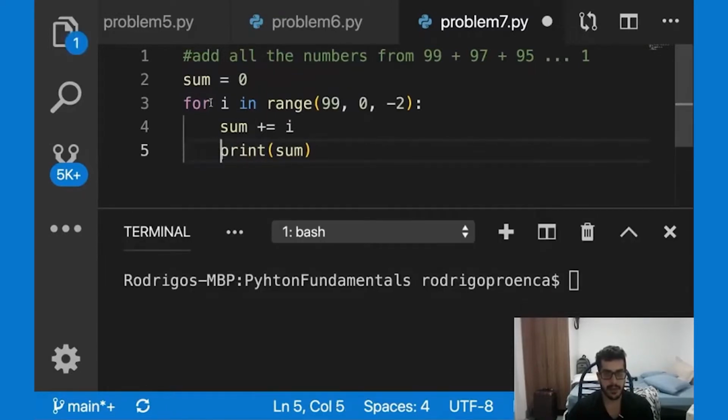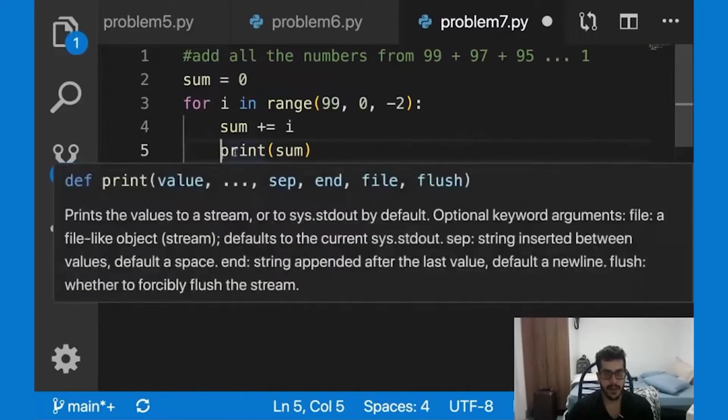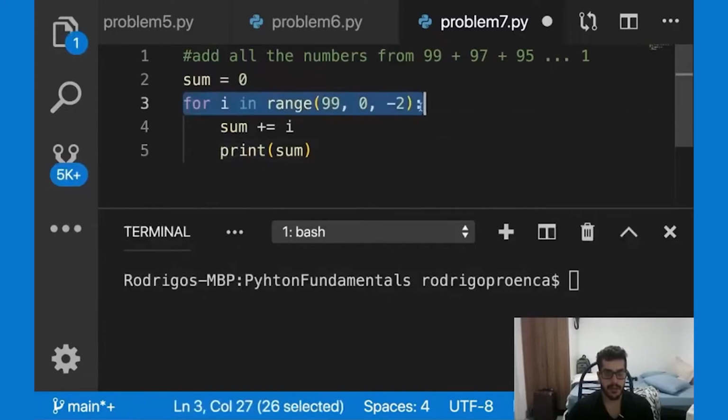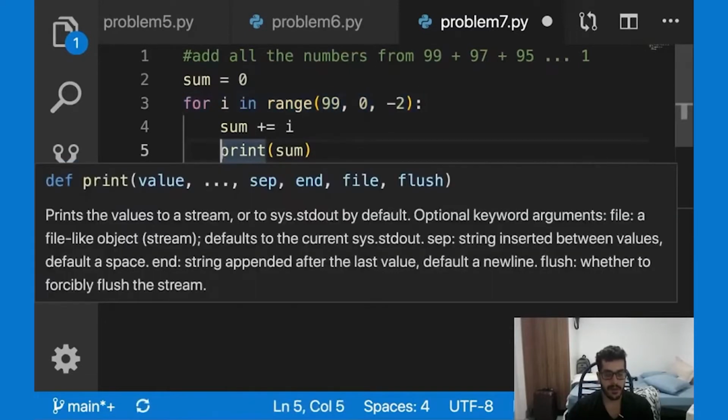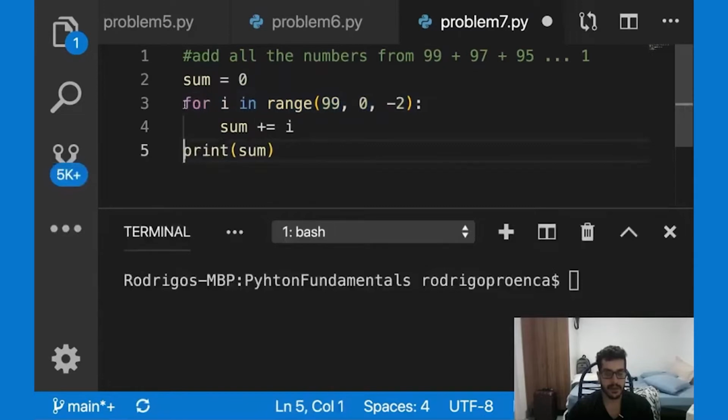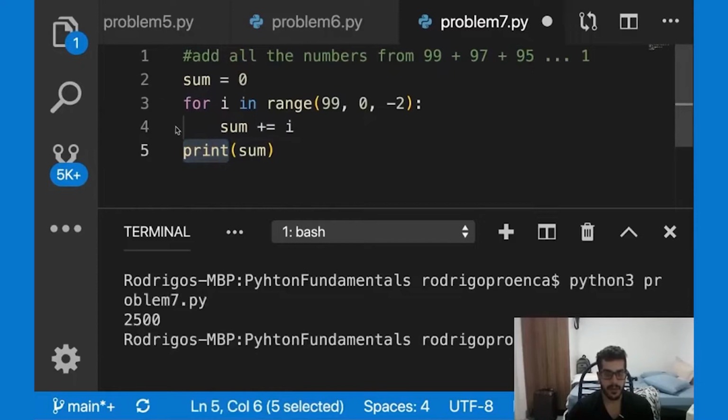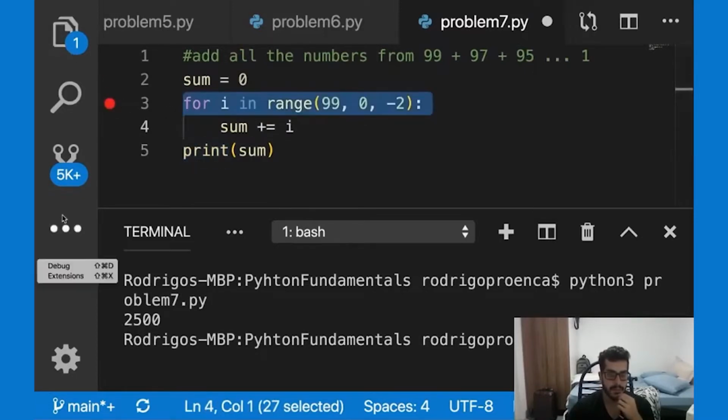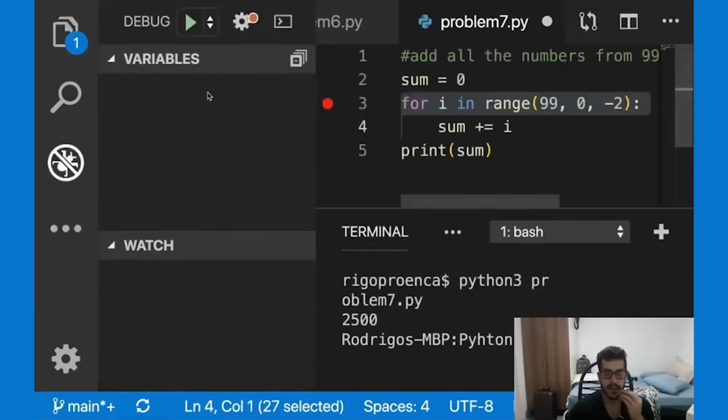If I put it here, this will be inside of the for loop. If I put it back here, this is outside, so that means I've added all the values from 99 to 1 to this variable sum, and I'm done. So now let's run this. 2500. If I put a breakpoint here and I run the debugger,